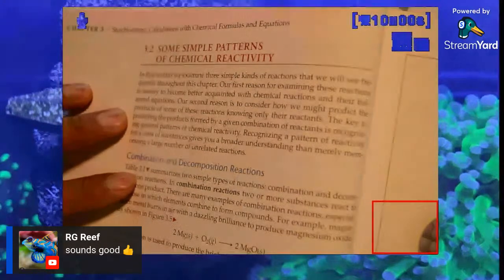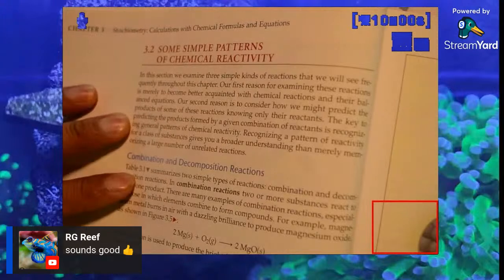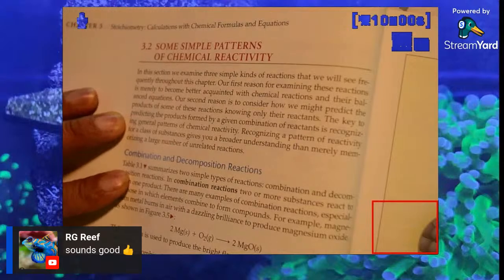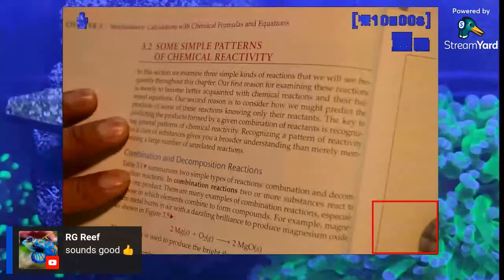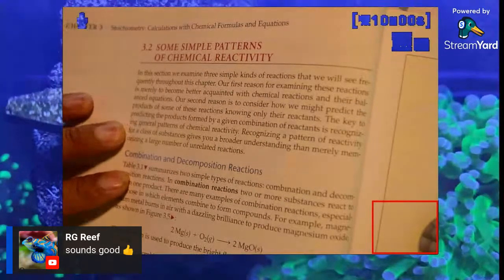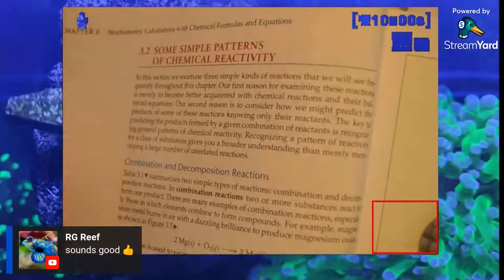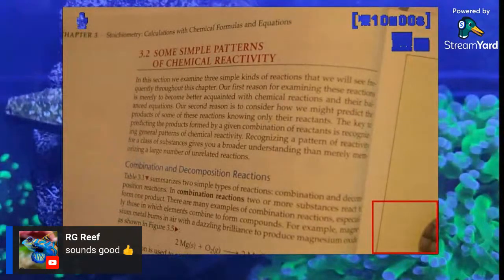Our second reason is to consider how we might predict the products of some of these reactions knowing only their reactants. The key to predicting the products formed by a given combination of reactions is recognizing general patterns of chemical reactivity. Recognizing a pattern of reactivity for a class of substance gives you a broader understanding